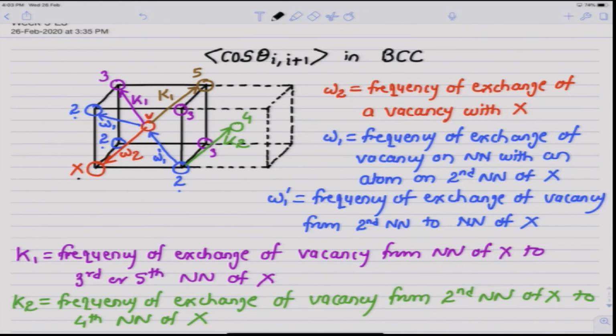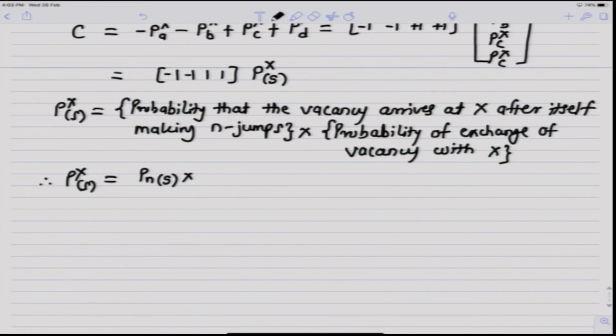So, the probability that a vacancy will exchange with X is given by omega 2 divided by total number of jumps per second that the vacancy can make, which is the sum of omega 2, 3 omega 1 and 4 K1. So, this probability can be given as omega 2 over omega 2 plus 3 omega 1 plus 4 K1. Now, let us try to evaluate Pn of S